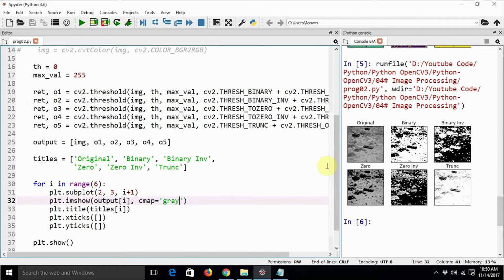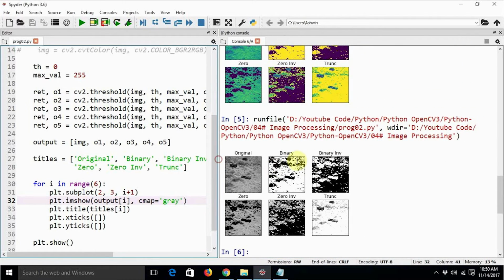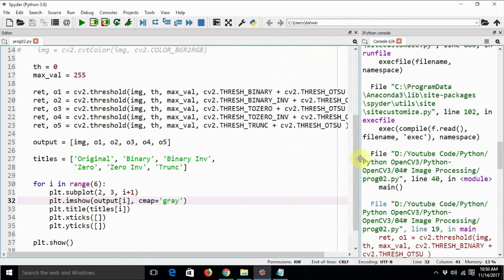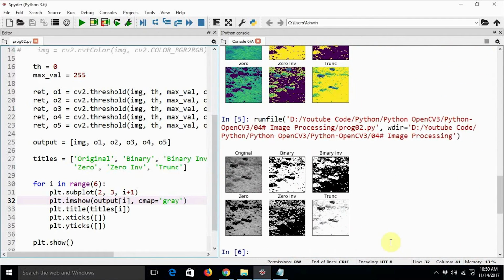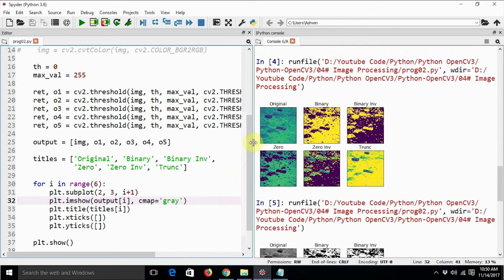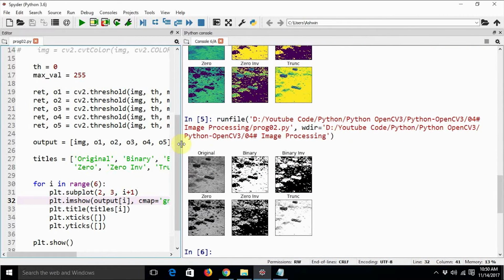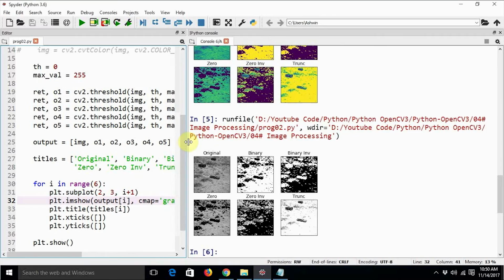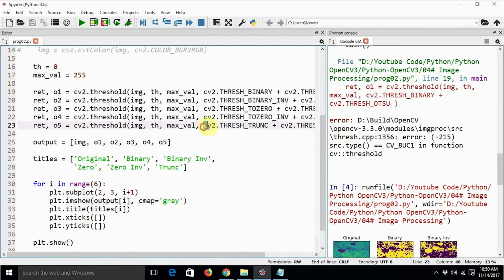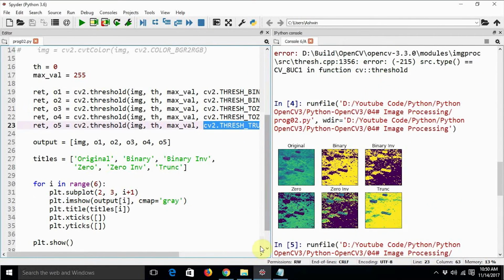As you can see in the output, the background objects as well as the foreground objects can be clearly seen, especially when we use this algorithm with the trunc algorithm, the binary truncation, as well as Otsu's thresholding. We can clearly see the object, and we really do not have to set the threshold parameter. We just need to set it to 0, and Otsu's binarization will automatically calculate an appropriate threshold and apply the binarization algorithm that we are using it with. Okay, so we have other images too.